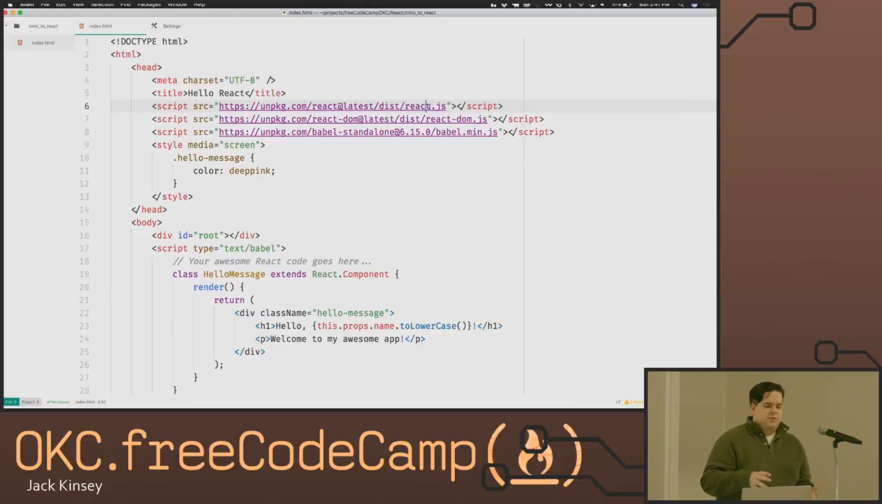But those are just little quirks. If you're wondering, why is my error not really giving me any info? Why do I have to keep going to this? It probably means that you're using react.min or react-dom.min, which is the minified version of the file. So yeah,